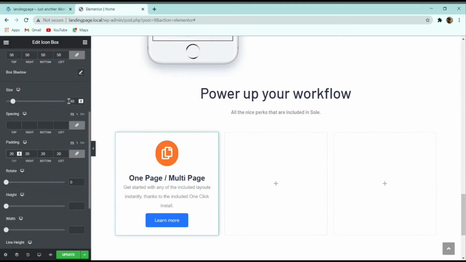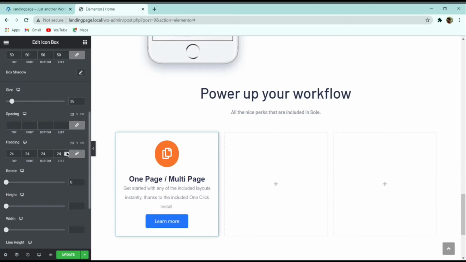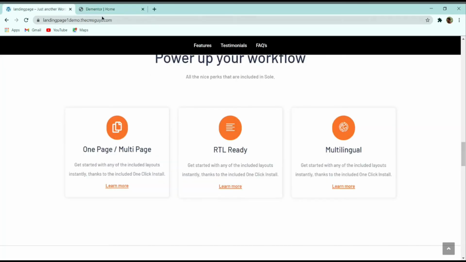and then I have to reduce the size of this icon. So let me reduce the size of the icon to 35 pixel, or you can reduce it more. It completely depends upon you how you want it. So here let me make it 20 pixel, and from here I can also increase its border radius and everything. So here let me make the border radius 50 pixel.